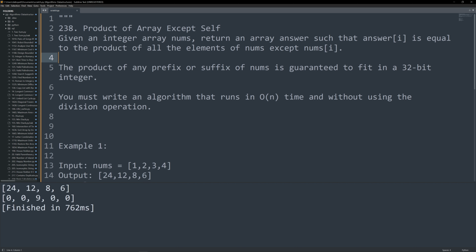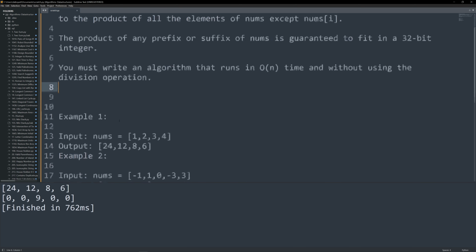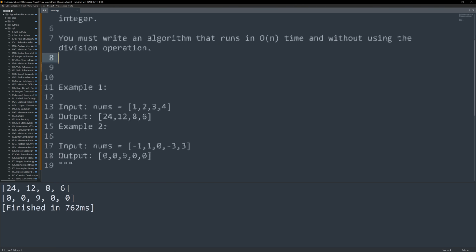The product of any prefix or suffix of nums is guaranteed to fit in a 32-bit integer, and you must write an algorithm that runs in the time complexity of O(n) and without using the division operation. So usually, why is it told about the division operation? Now if you were to create the result